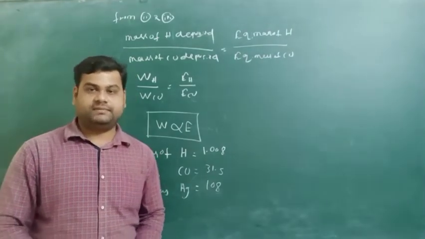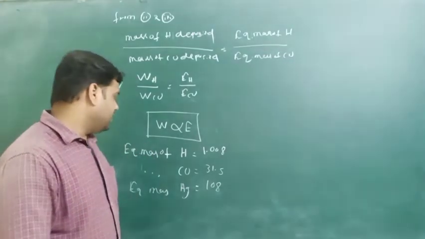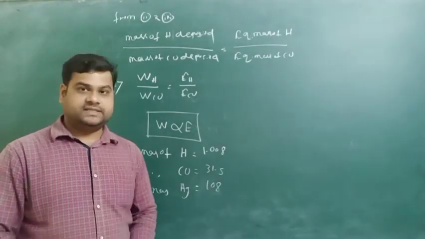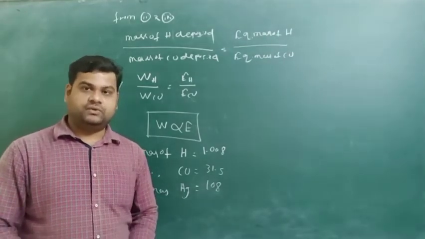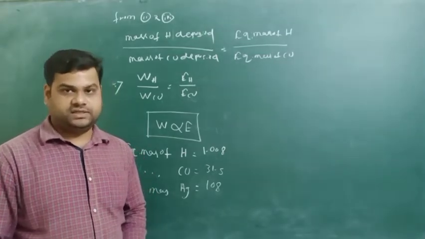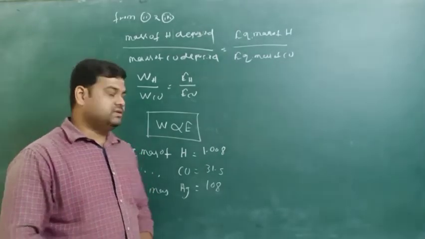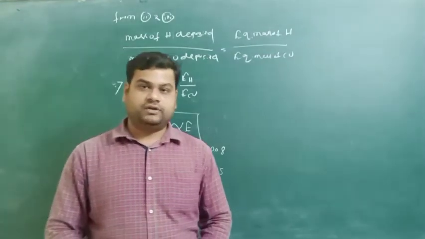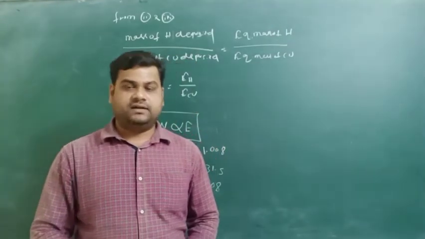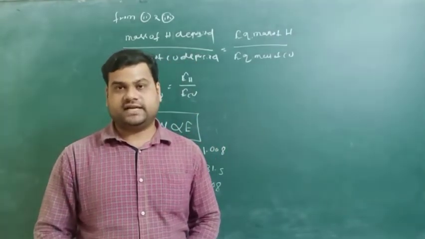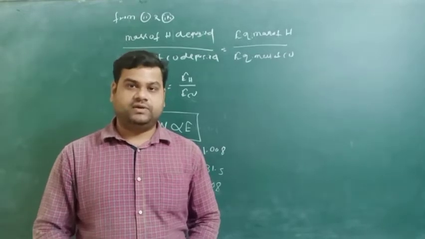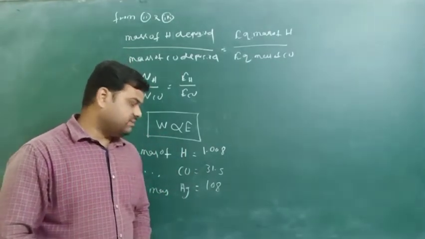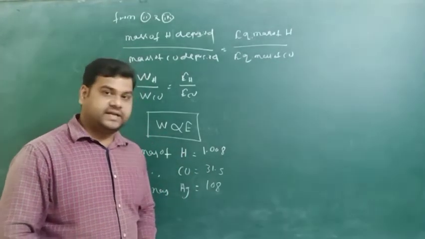It means W is directly proportional to Q. The mass of a substance is directly proportional to its equivalent mass when the same quantity of electricity is supplied to electrolytic cells connected in series. This is all about Faraday's second law of electrolysis. First we did the first law of electrolysis, and after that, based on the second law, we calculated that W is directly proportional to E. Now we will do some numericals related to the second law of electrolysis.